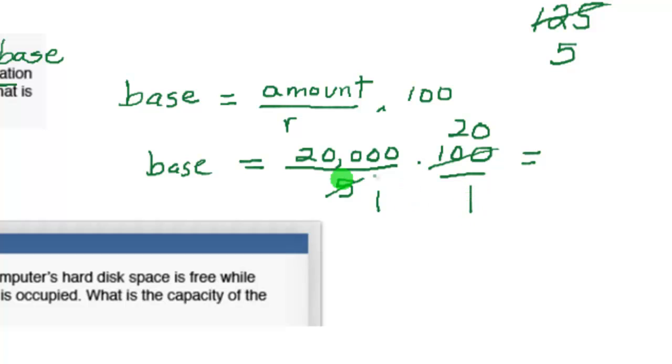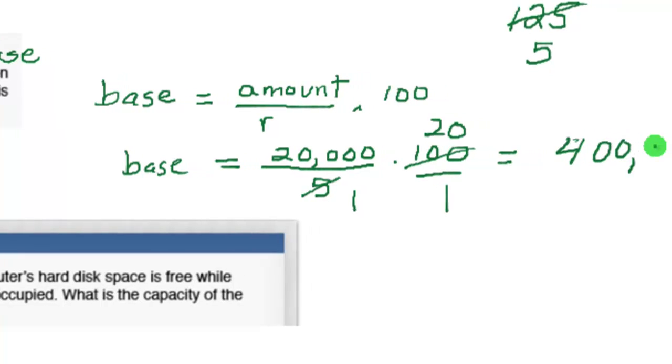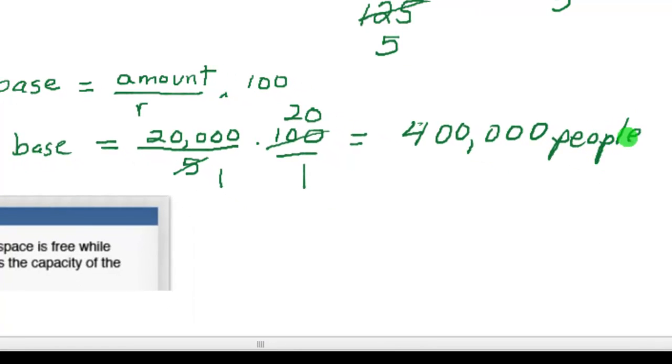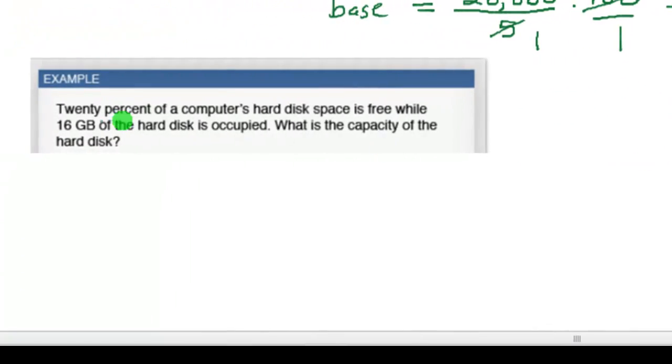So you're multiplying straight across with the fractions. So that's going to be 400,000 people. Okay. Remember to add your units. All right. And finally, it says here 20% of a computer's hard disk space is free, while 16 gigabytes, I think that's what that is,